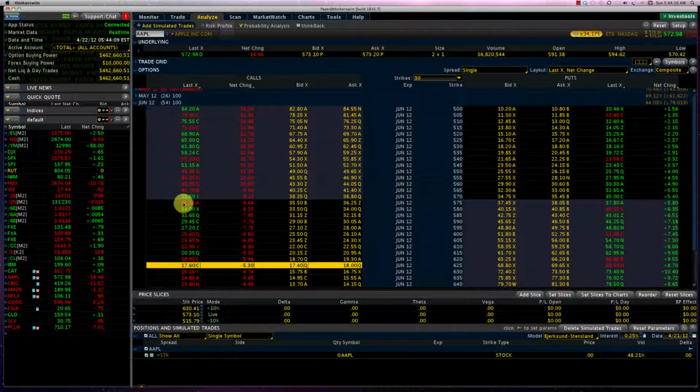And that's what you would expect because the $1.1 million option in the land was much more of a risk for the buyer because the price of Apple has to go from 573 all the way up to 625,